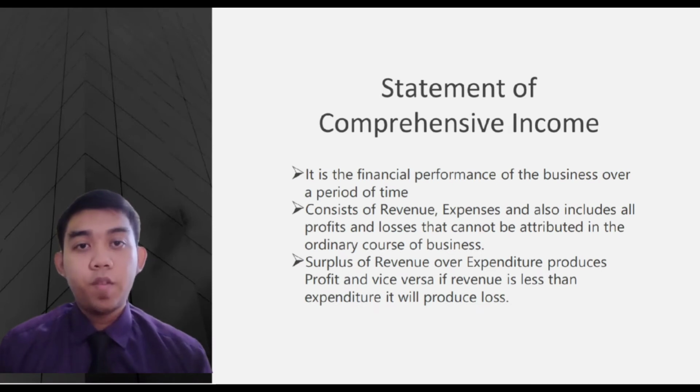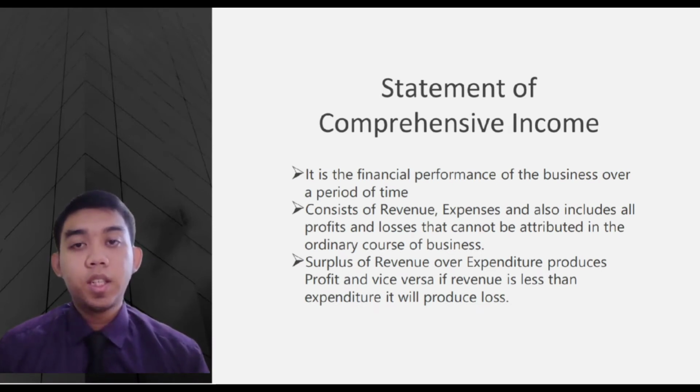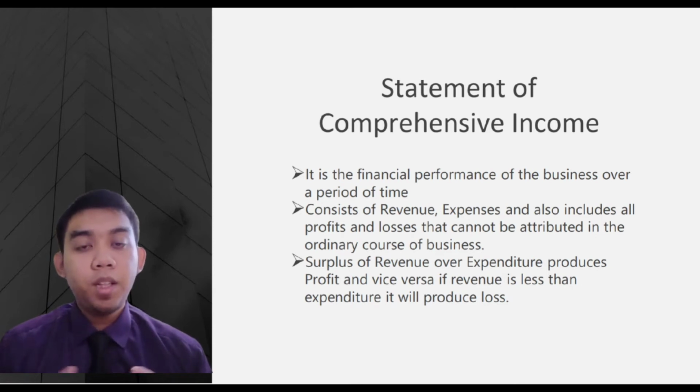Next, I will present about the statement of financial position. This is the balance sheet that reports the business financial position at a particular point in time. It is also known as a statement of financial position. It shows the assets owned by the business on the one hand, and the sources of funds used by the business to hold those assets in the form of capital contribution, and also the liabilities incurred by the business on the other. So in summary, the statement of financial position shows the way the money has been made available for the company's business and the way the company uses the